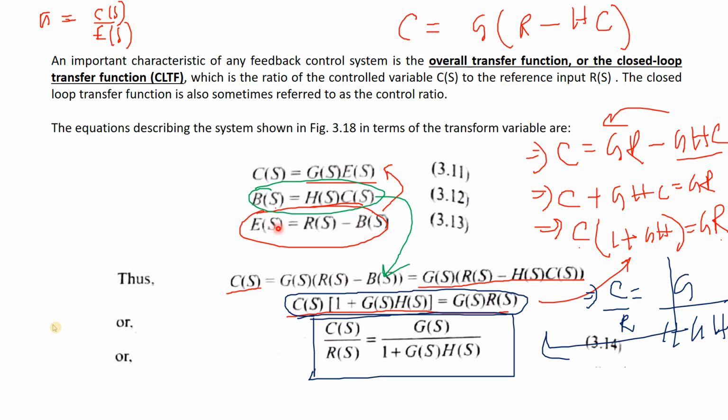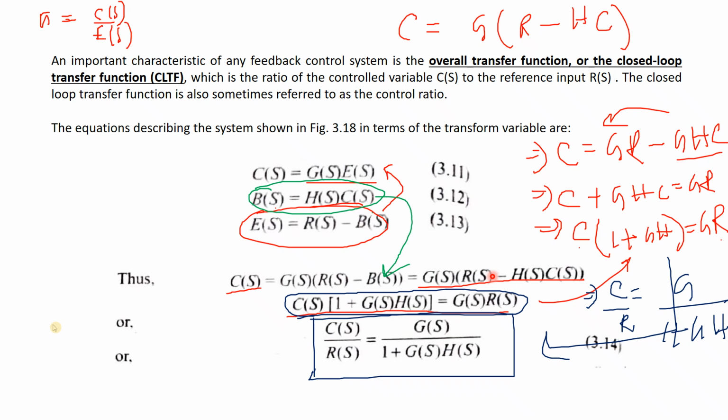Then you will start with the first equation, C(s) equals G(s) into E(s). Then you will keep on replacing the value. You replace the value of E(s) with R(s) minus B(s), and when you get B(s), you will replace the value of B(s) with C(s) into H(s), because our target is to write the equation in such a way that it has C(s), R(s), G(s), and H(s). In this form we have to write.